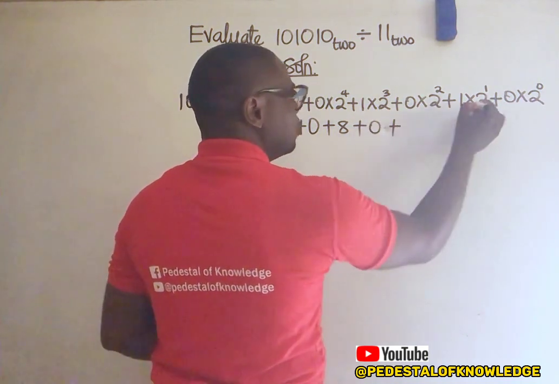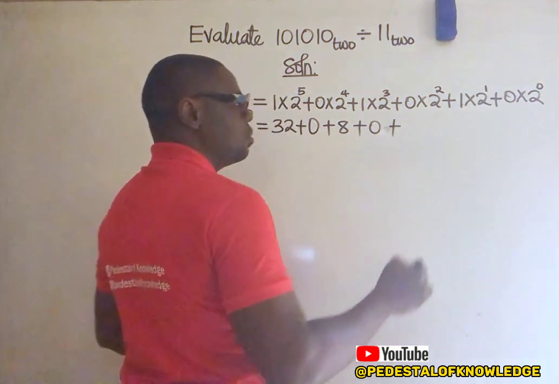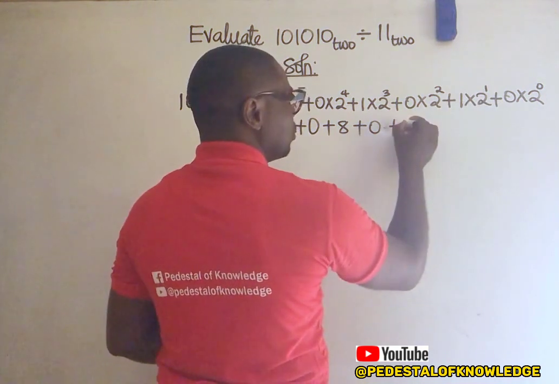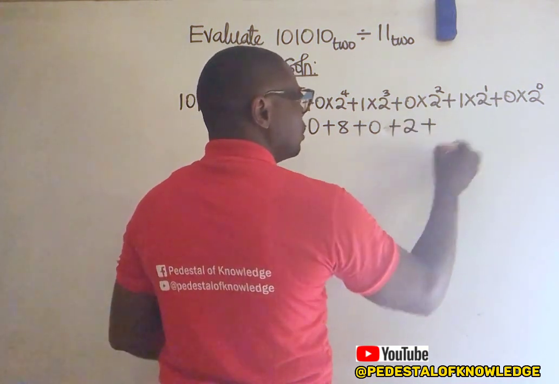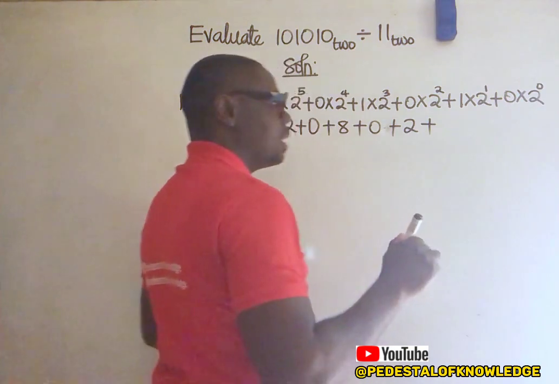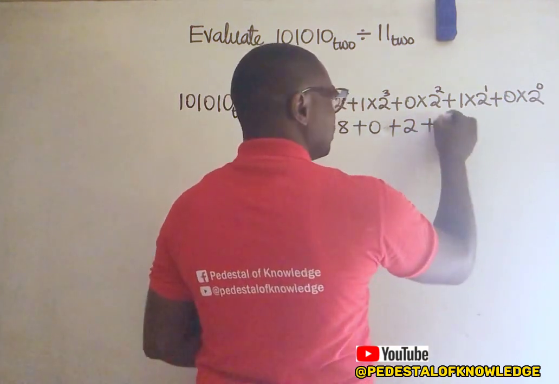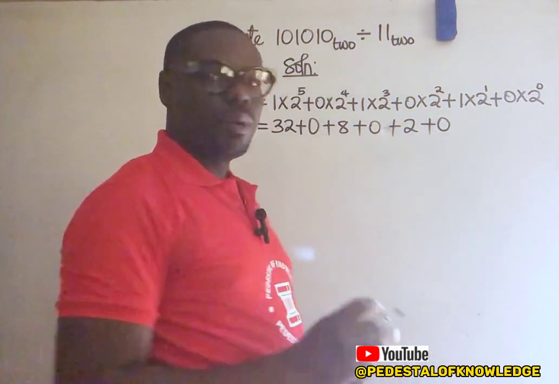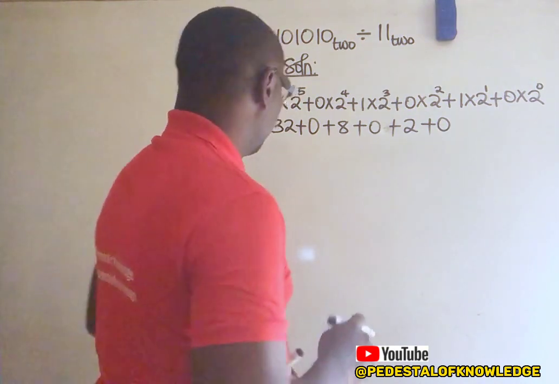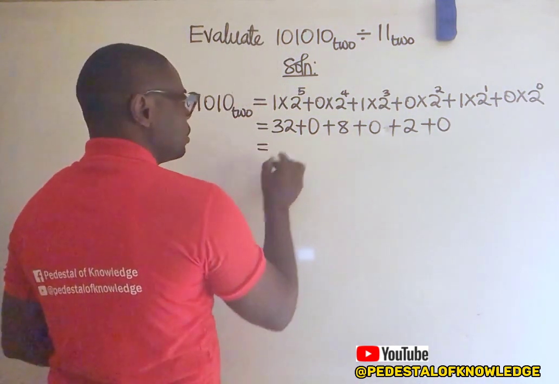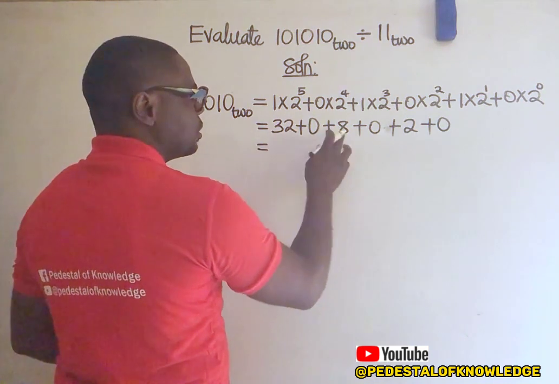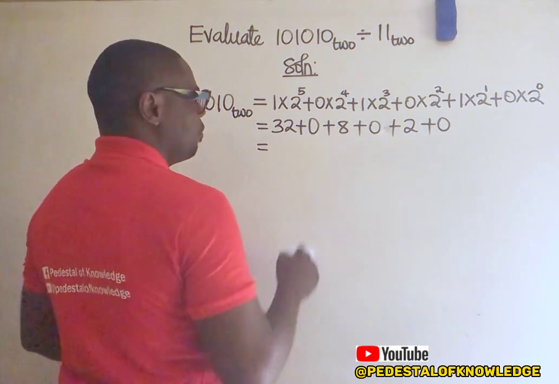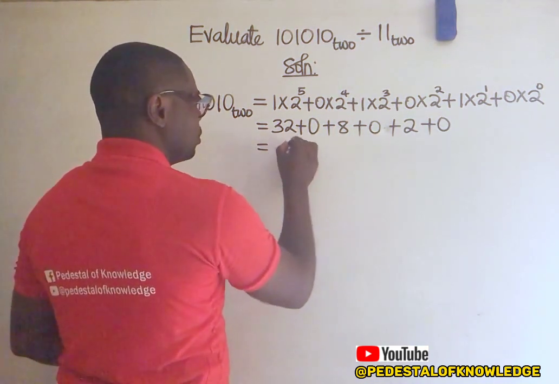Plus 2 raised to power 1 is 2. 2 times 1 is 2. Plus 2 raised to power 0 is 1. 1 times 0 is 0. Remember that any number raised to power 0 is equal to 1. So 32 plus 0 plus 8 plus 2 will give us 42